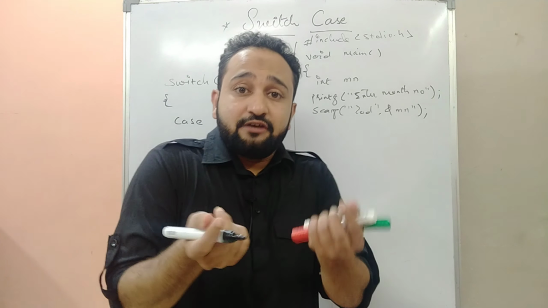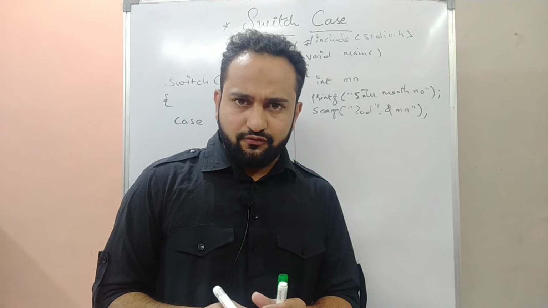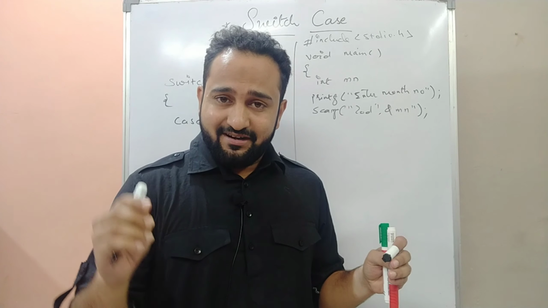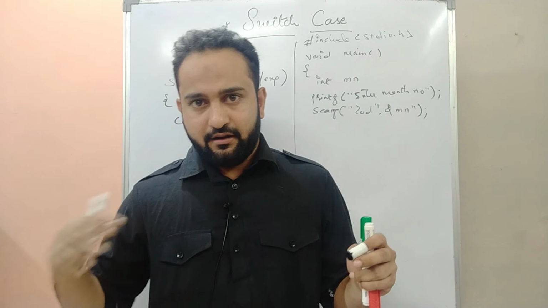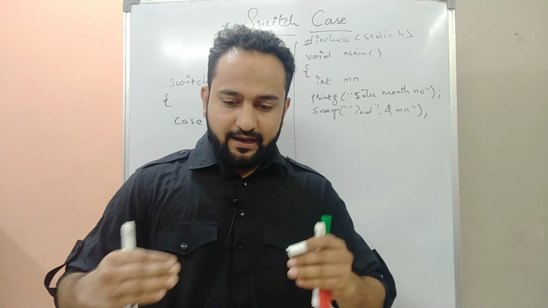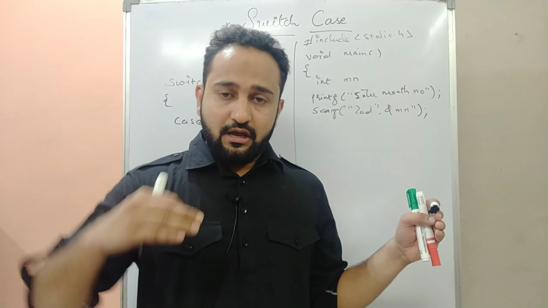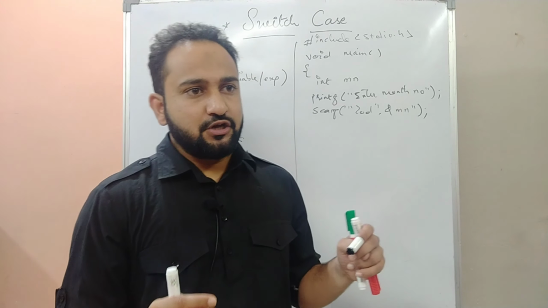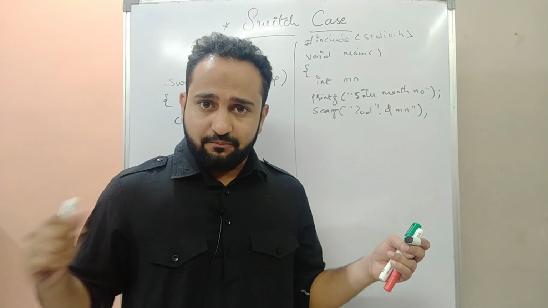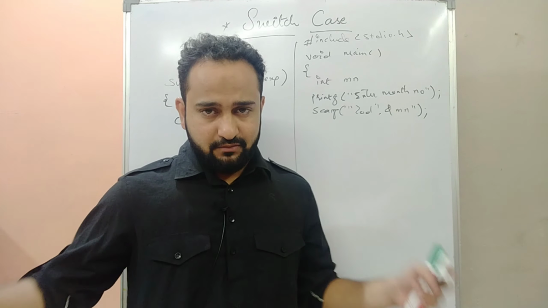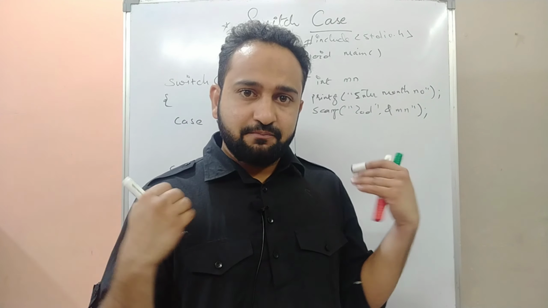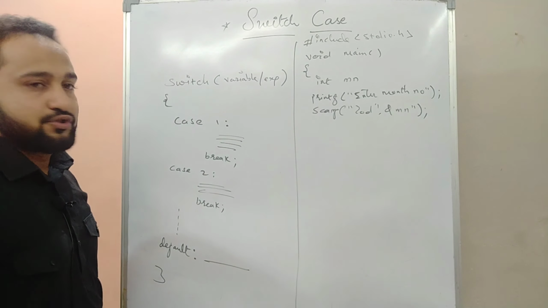Now if I go with an if else ladder, how many conditions do I need? I need 12 conditions. If mn equals 1, print Jan. Else if mn equals 2, printf Feb. Likewise, I have to write all 12 conditions. At the end, for example, if the user enters 15, which is not a month number, the last else statement will print printf invalid month number. We don't want to go with that, so for simplification we will switch to switch case.